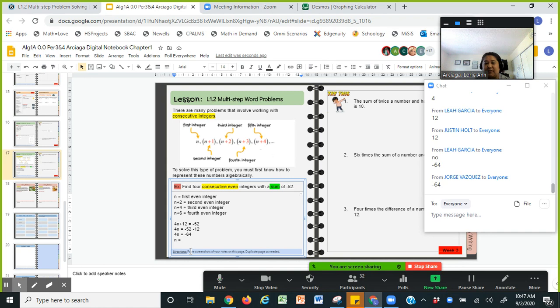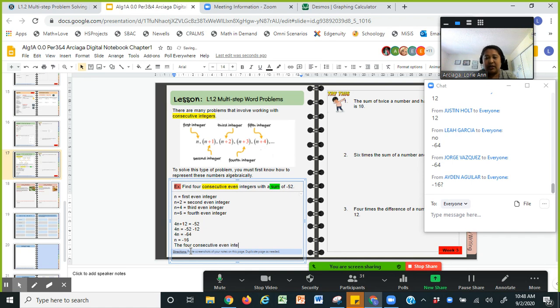Okay, so now let's divide them. What's negative 64 divided by 4? We're waiting for negative 64 divided by 4 here. What would that be? Negative 16. That's awesome. And that is the final answer. But it says find 4 consecutive evens. So let's write down the final answer. The 4